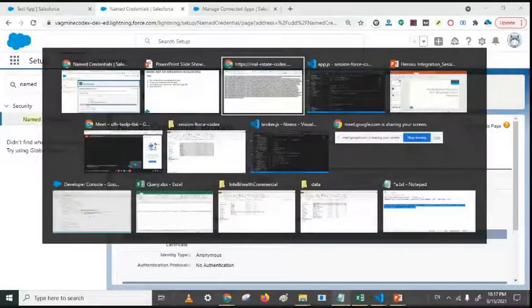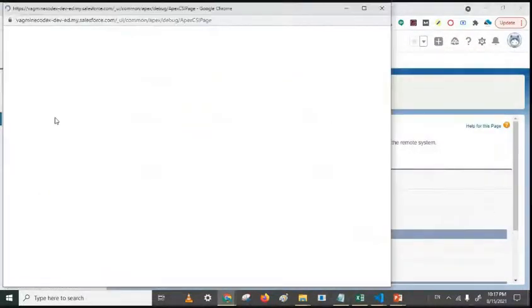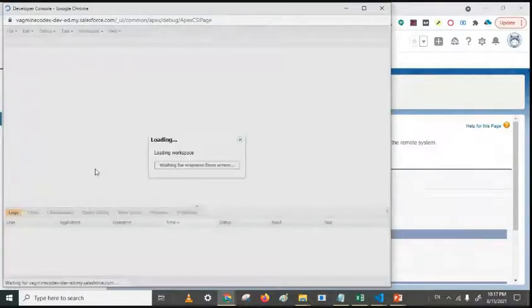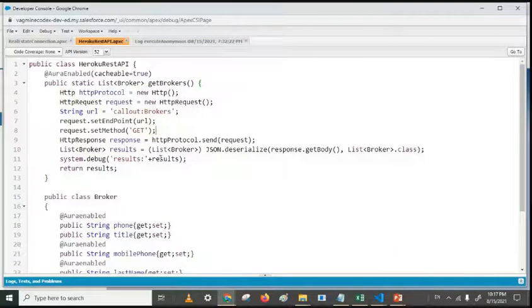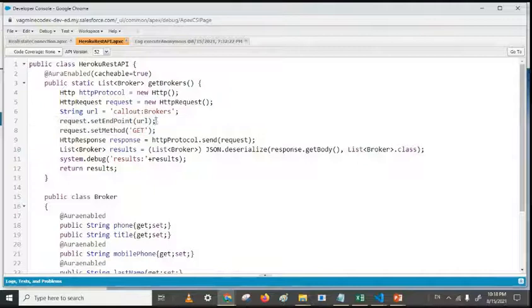So for that, let's go into the Apex class. The Apex class which we have done is Heroku REST API. In this Heroku REST API, I am using a normal GET method, a GET REST API call. In the REST API call, I'm using callout.brokers.